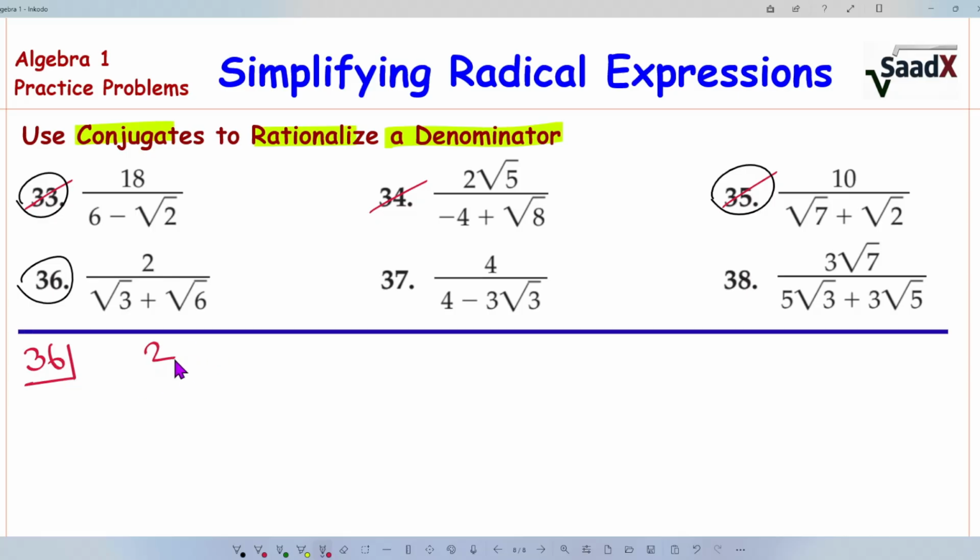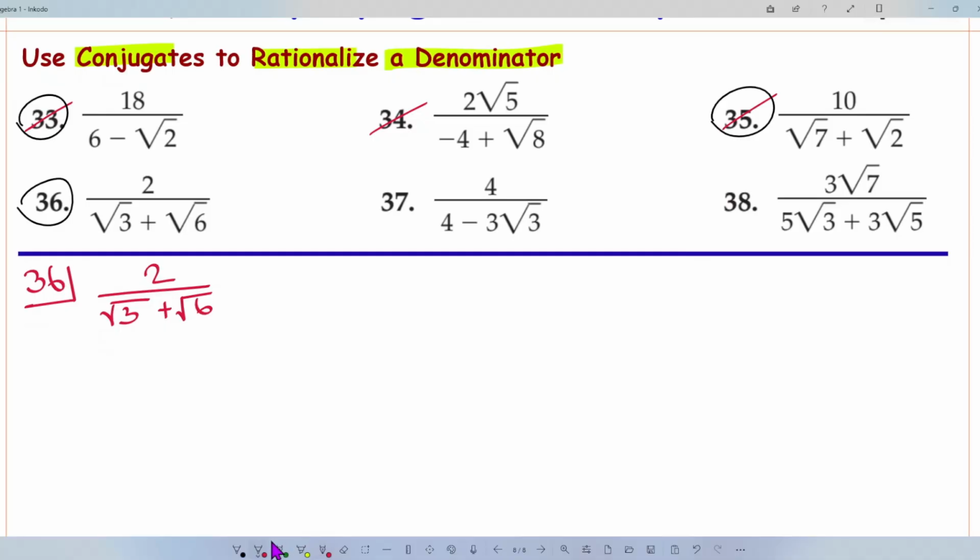36: 2 by root 3 plus root 6. So we know the scenario we have to make (a plus b) times (a minus b) equals a square minus b square. Why are we doing this? Because conjugates to rationalize a denominator means we will not keep any root sign in the denominator. Therefore we can write